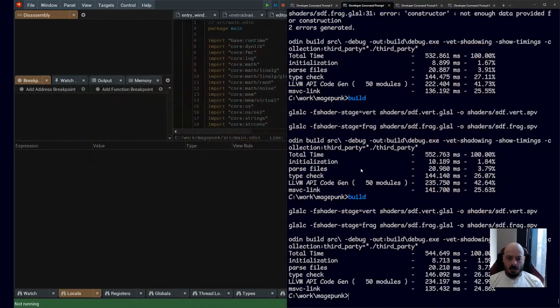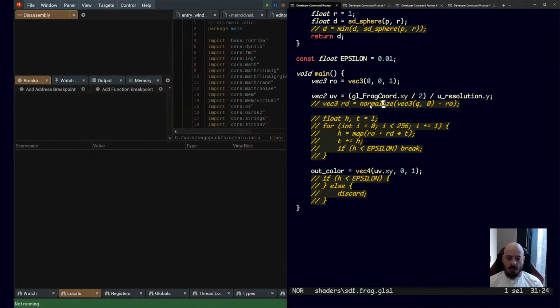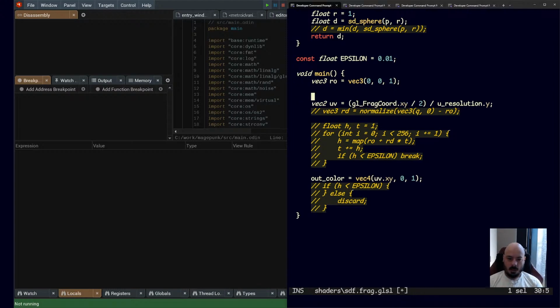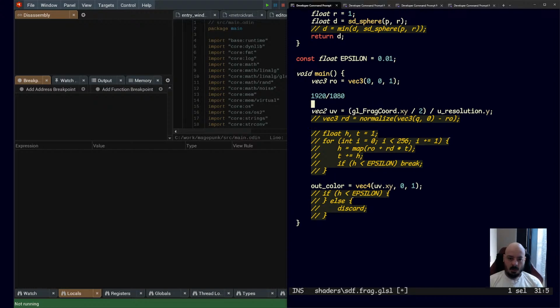But let me just read this again. So the frag coordinate divided by 2. So if we're in the middle, the frag coordinate would be 540 by, what is it? No, something by 540, 1080 by 540. Sorry, 1920 by 1080 is